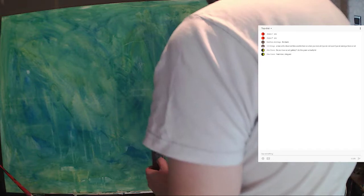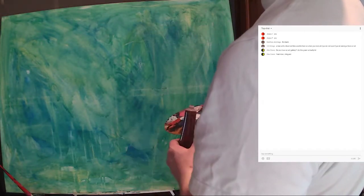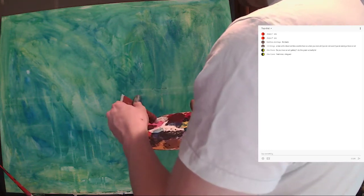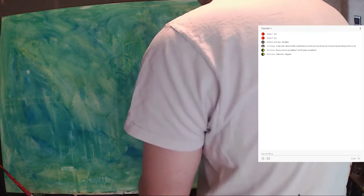So yeah, I don't think I'll be able to get this canvas done in one day. This is like 2 or 3 times the size of my normal one, so I think it'll have to be done over a couple of streams, which might be interesting in itself. I don't know how that would go, but